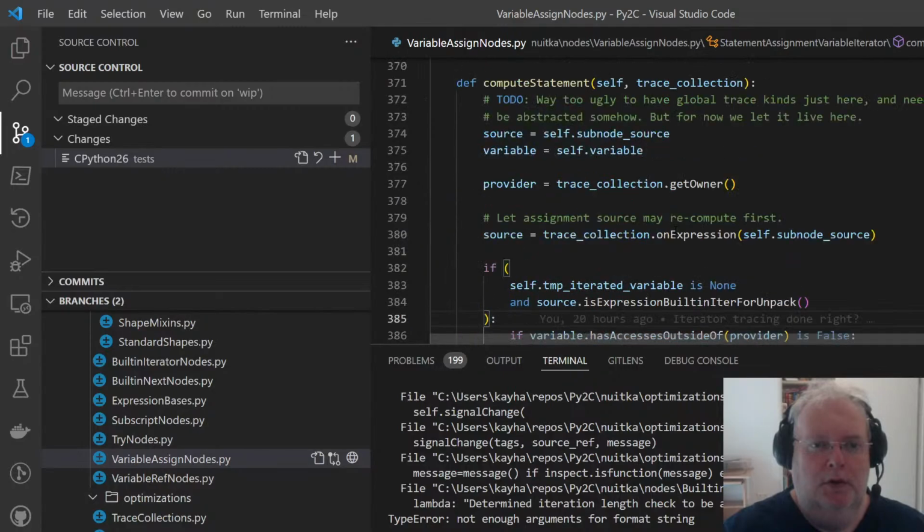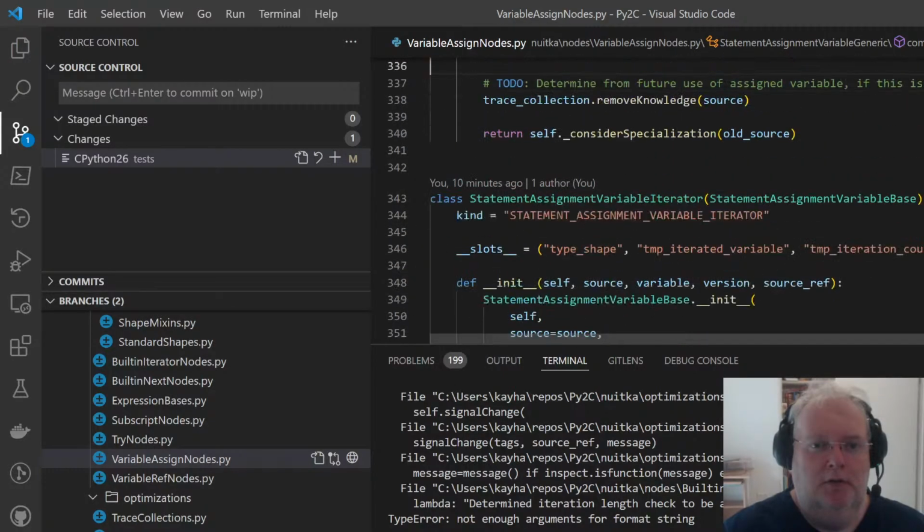So what I was trying to get to is like, I might have to have a statement that is an assignment from an iteration next.